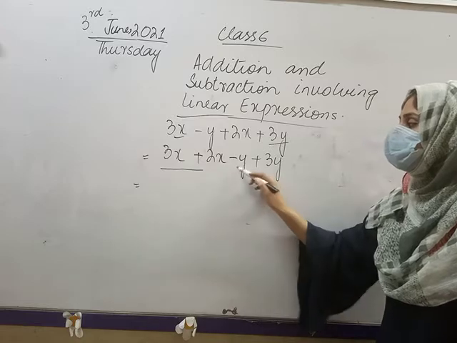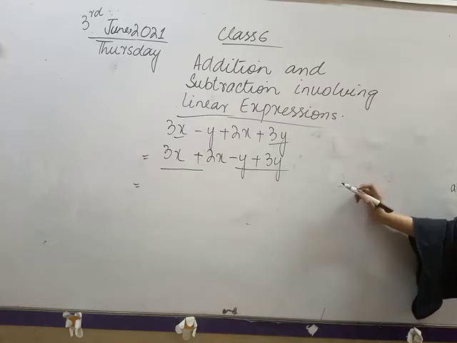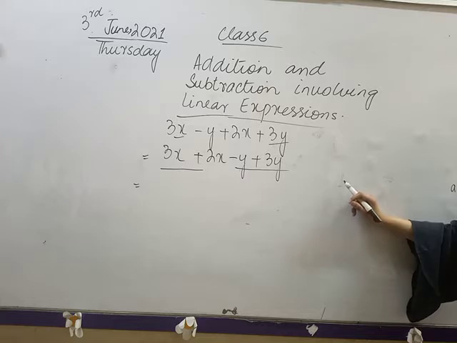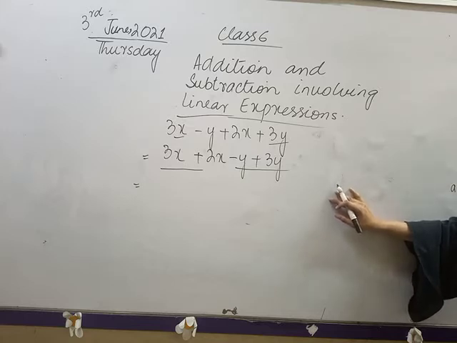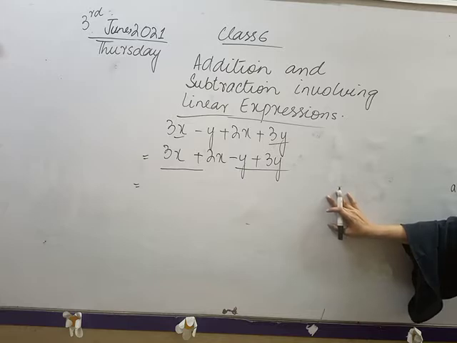So we will make a pair of this and a pair of this. Why did we make pairs? Because we want simplification of this. To simplify this, what do we do first? We combine the like terms. Isn't it, class? After that, what do we do? After like terms, we will make them pairs. We will make a pair.